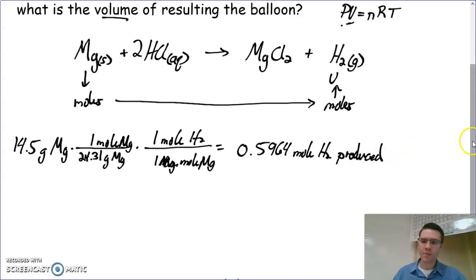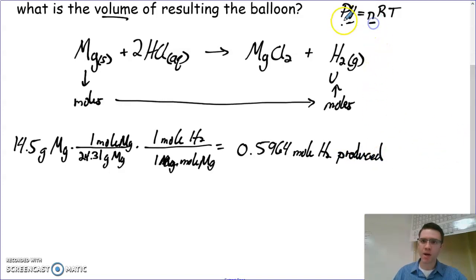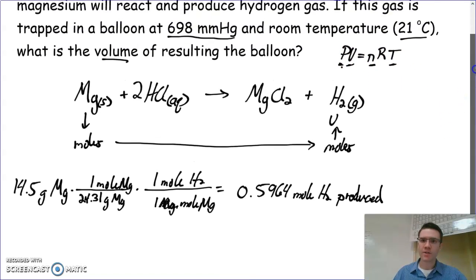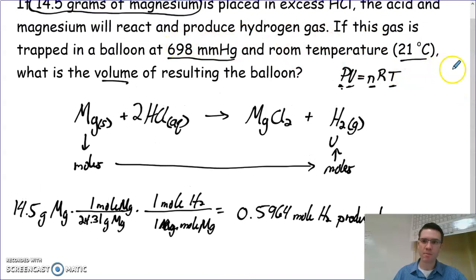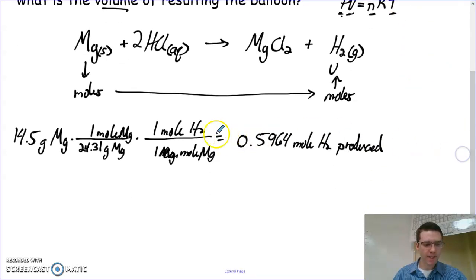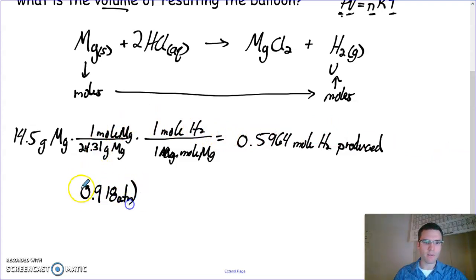Now we want to know the volume of this. We have the moles. The problem gave us the pressure and the temperature. We're going to solve for volume using ideal gas law. So our pressure is 698 millimeters of mercury. Divide by 760, and you get 0.918 atmospheres. We're going to solve for the volume. That equals our number of moles, 0.5964,